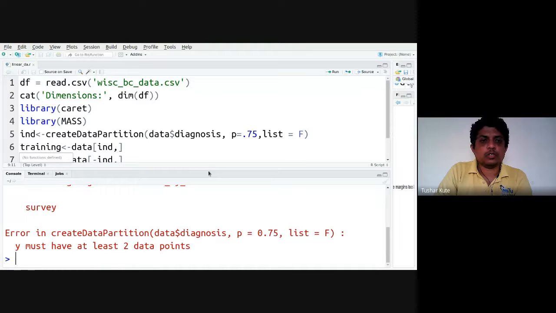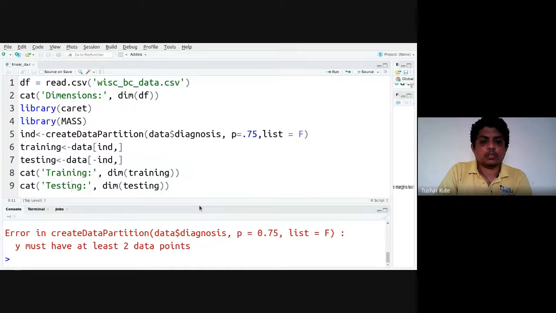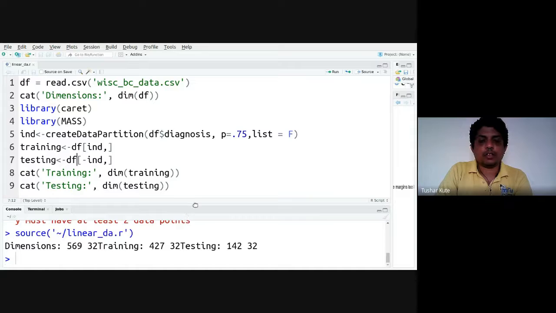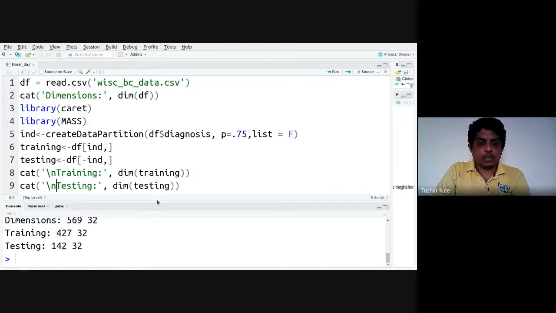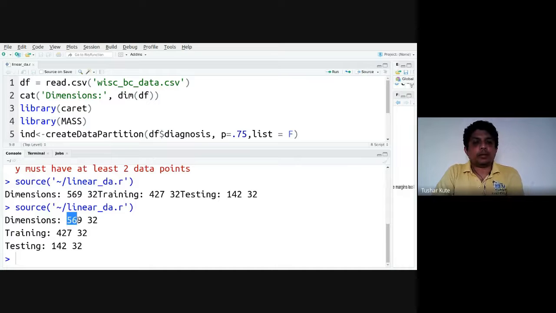Oh, sorry, df is there. Change the name of the variable. So this is what the results are. The data is partitioned. We got actual dimension 569, out of which 427 are stored in training and 142 in testing. Correct. This is what createDataPartition will do.